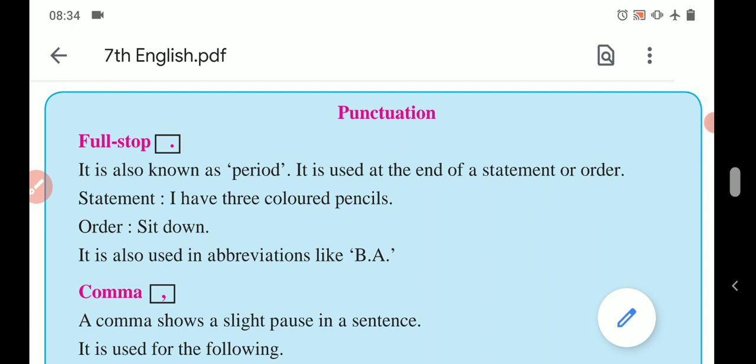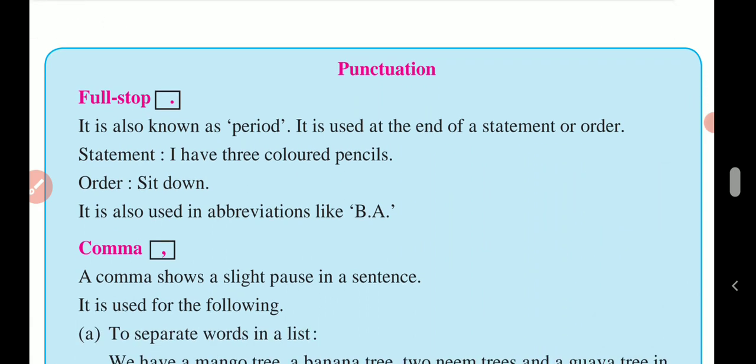While writing English, we come across some symbols in sentences. While reading also, you might have seen such symbols in the sentences. What are those symbols? What are their functions? That we have to learn through this video. All those symbols are said to be punctuation marks in languages. So here we go with some of the punctuation marks given on this page.